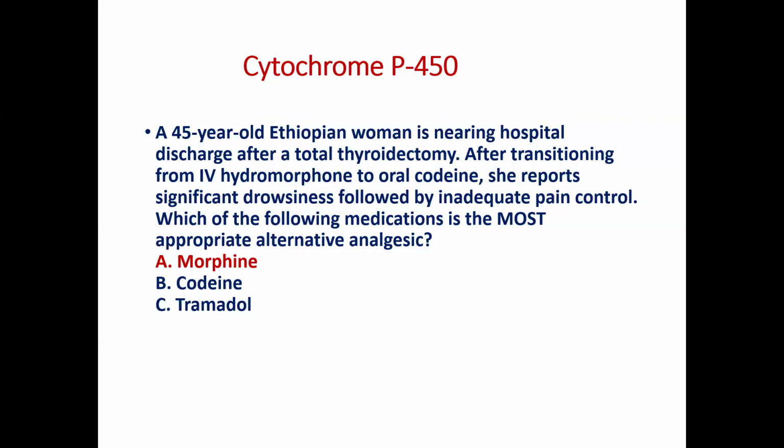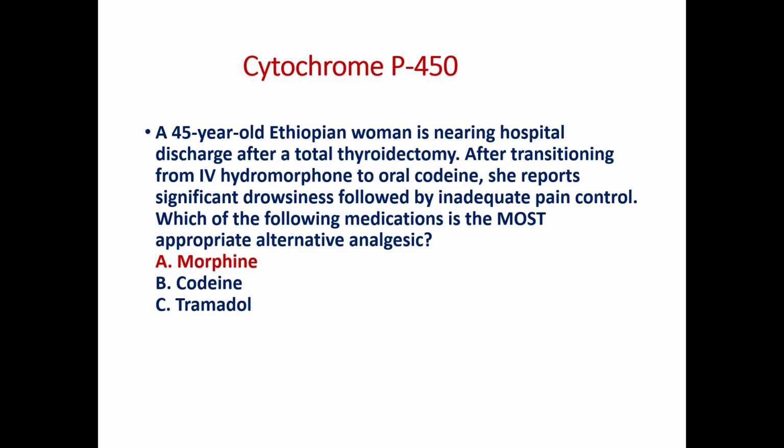Because codeine is metabolized by the 2D6, and in Ethiopians and even Saudi Arabians, there are at least 10 to 20% of the population that have a hyperactive form. So that's why she got drowsy, because codeine is changed in your body to a stronger drug,